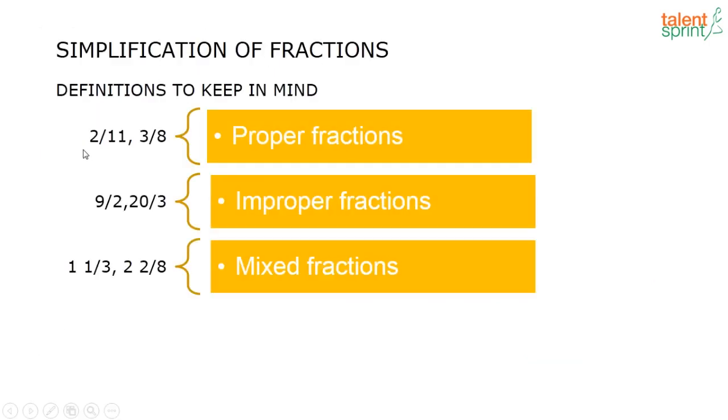Now the next most important thing when it comes to simplifications are the fractions, right? You get questions on fractions. What is a fraction? A fraction is something that is a part of a whole, correct? Like there is one cake, I am dividing the cake into 2 pieces. So each piece represents half, 1 by 2 of the full cake, correct? So that is a fraction. A piece of a whole is called a fraction.